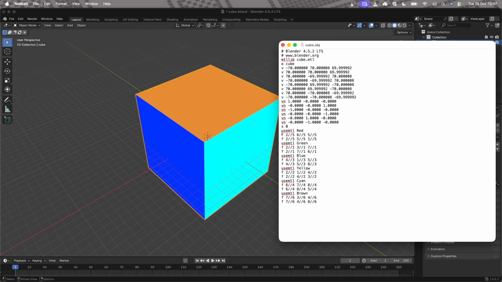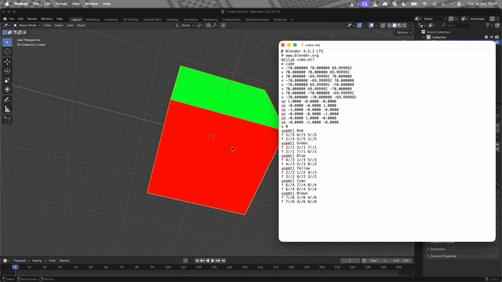And each cube face is comprised of 2 Blender faces. So if I scroll this round to red, you can see that as we step through this list, for this particular face we're going to use the material red. The name's actually important, that's the bit I pick up in the Python script. And then it's got 2 faces, which has got 3 pieces of information, each one containing 2 numbers separated by a double slash. So if we look at the first numbers 2, 6 and 5, that tells us for this